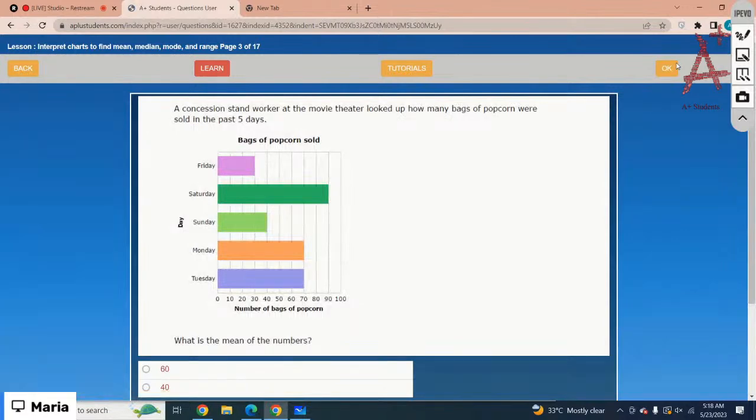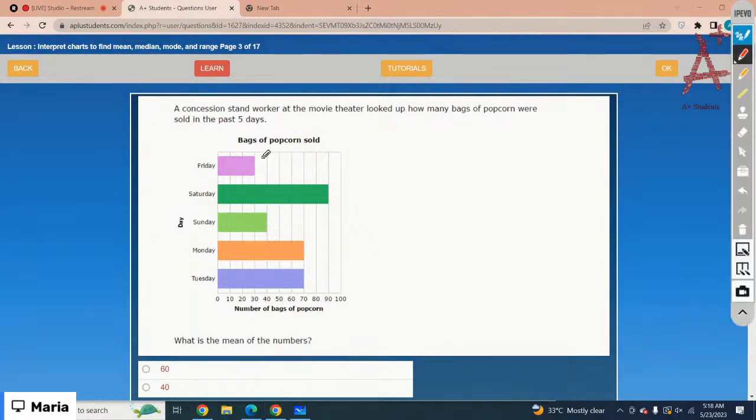A concession stand worker at the movie theater looked up how many bags of popcorn were sold in 5 days. So you have to calculate the mean of the data. Let's just read the values from the graph. Here it is. Just match this line to the graph. Got it? It would be